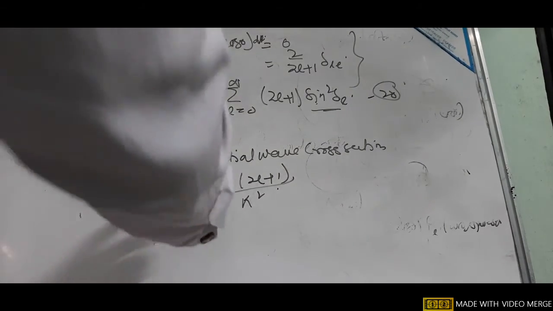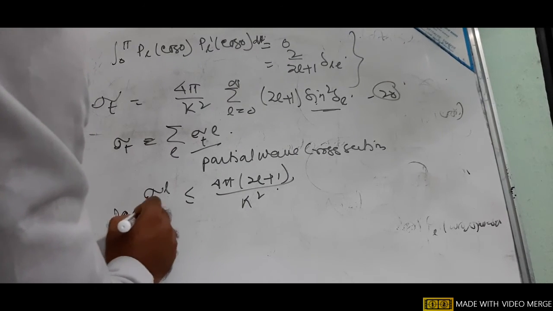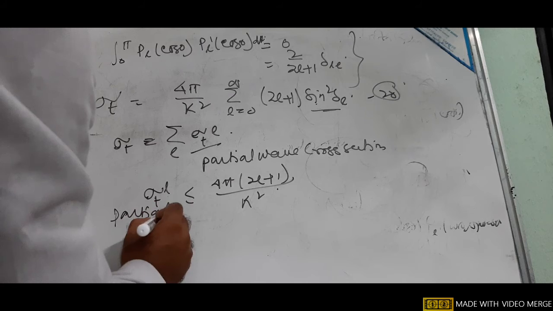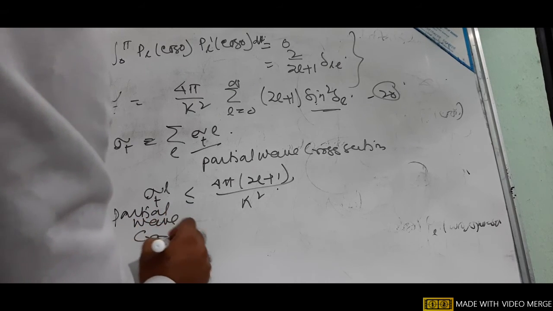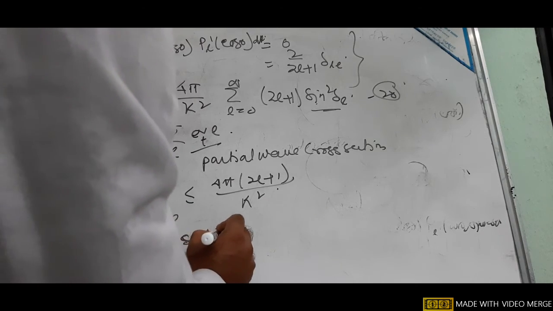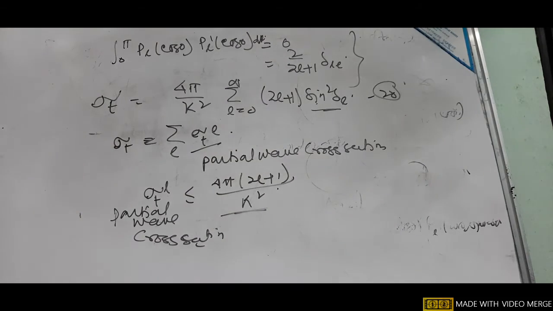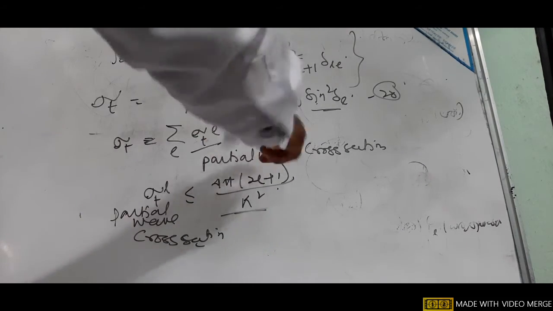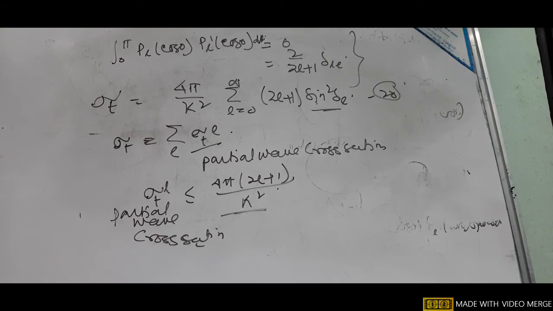So each partial wave cross section has to be less than this, and when we sum all these partial wave cross sections, we get the total cross section. So what we get from equation 19,